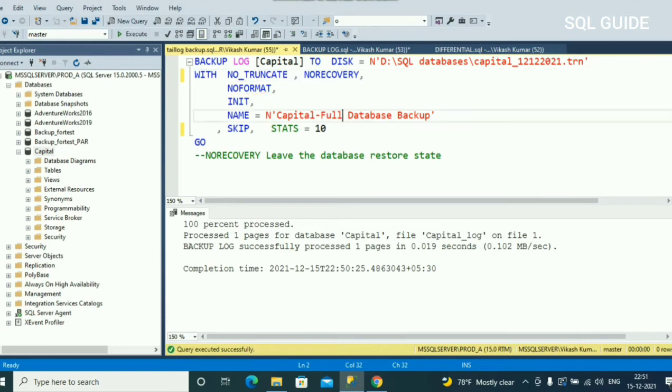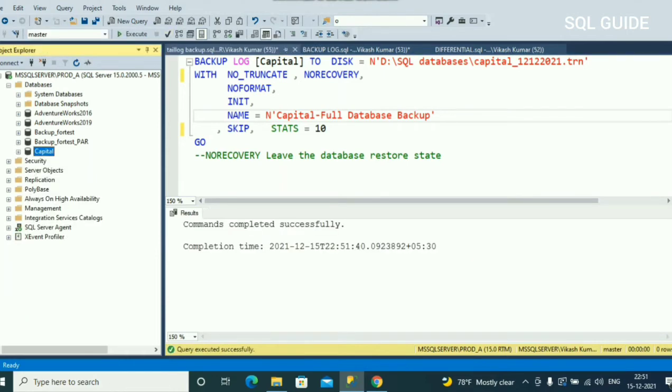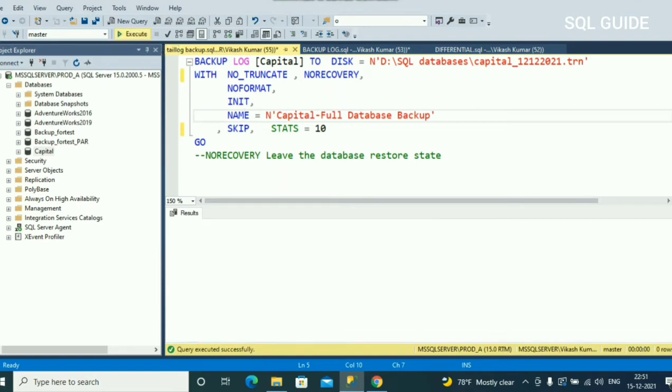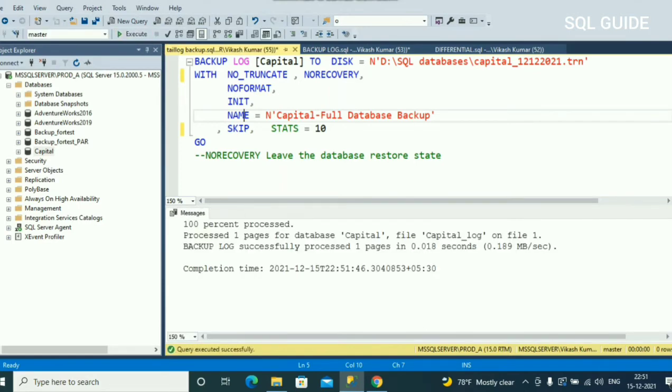See what happens if you are using the NORECOVERY option on a tail log backup. See, the tail log backup completed successfully.